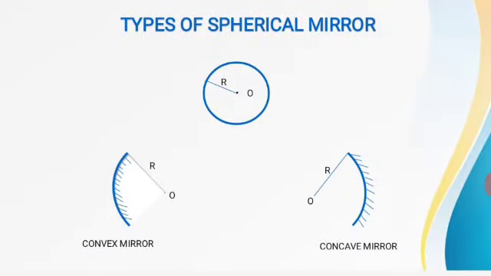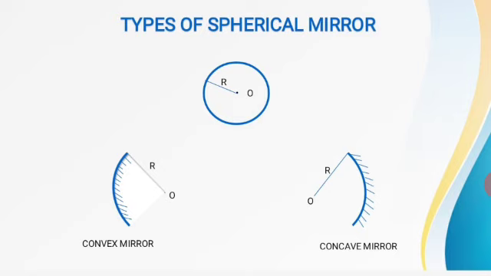A spherical mirror is basically a sphere made up of a reflecting surface. Here on the screen you see a circle of radius r and center O. This is a spherical object in 3 dimensions. When you cut a part of the spherical surface, what you get is shown in the below diagrams. So you have two curved pieces of the spherical surface.